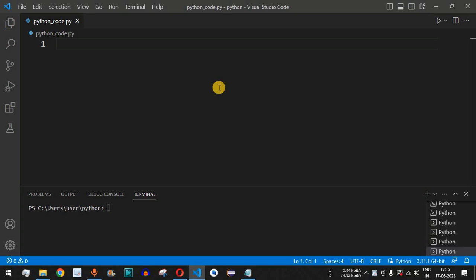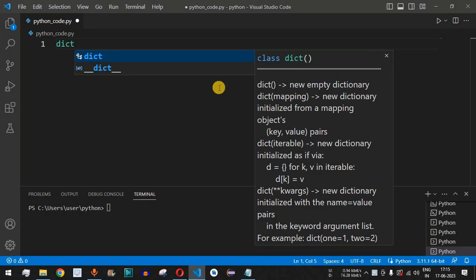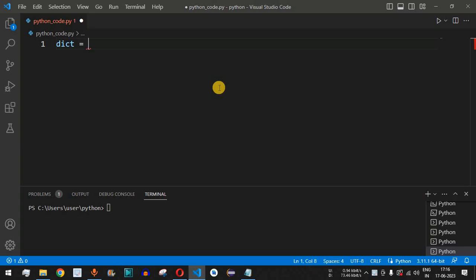So over here, basically we are going to define the dictionary. So let's say we have the dict variable as the dictionary equal to, and then we can define the dictionary by using the open and close curly braces over here. It will have the key value pairs. So let's say we have the key 1 as the first key, and then followed by a colon, we have to provide a value. So let's say we provide the value as a, and then followed by a comma, we can have the second key. So let's say we have 2 as the second key, and then after the colon we have another string, that is b, as the value.